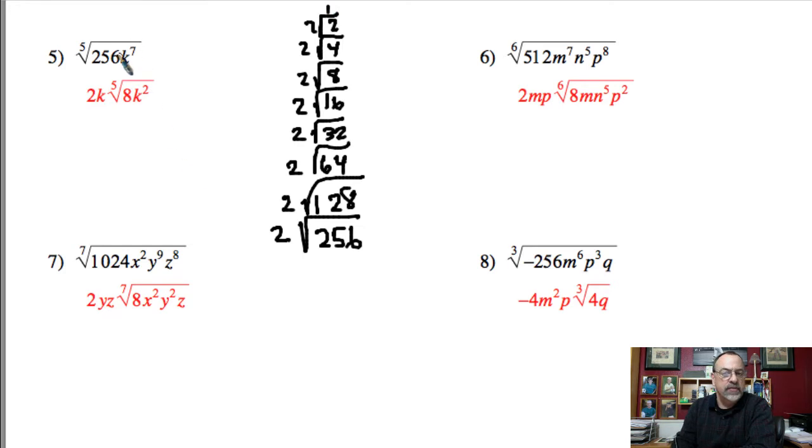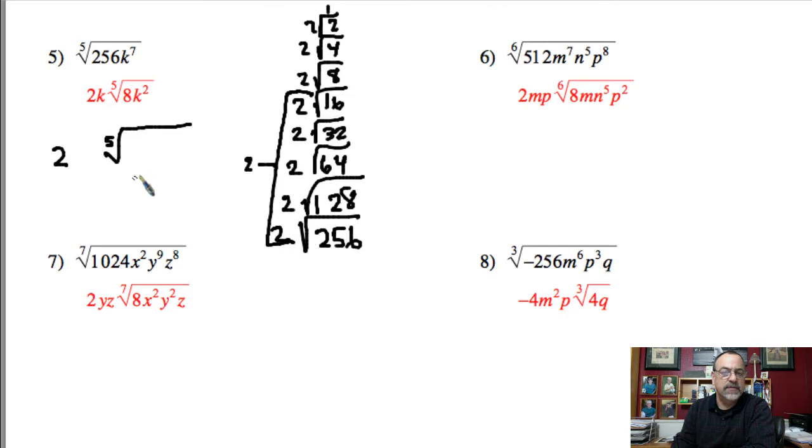Okay, so my index tells me that I need 5 2's. So 1, 2, 3, 4. These 5 2's I can make as a single 2 on the outside. And then I have 3 2's that are left over. So I'm going to have 1 2 on the outside, and I'm going to have 3 2's on the inside,